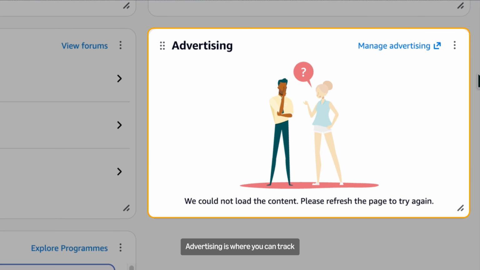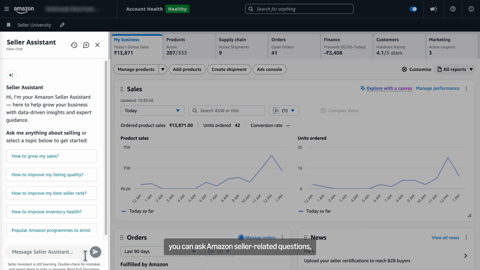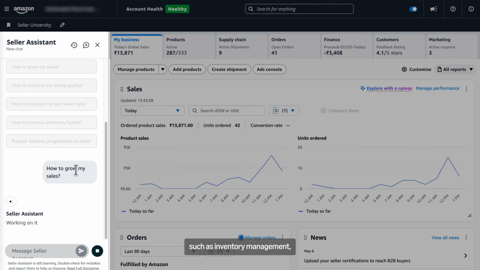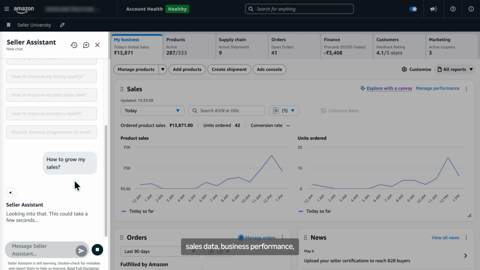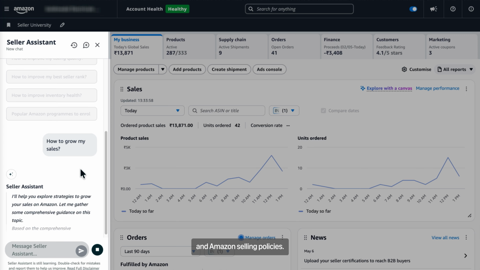Advertising is where you can track your active sponsored campaigns, including sales, spend, impressions, clicks, and return on ad spend. And with the Seller Assistant accessible via the side panel, you can ask Amazon seller-related questions such as inventory management, sales data, business performance, and Amazon selling policies.